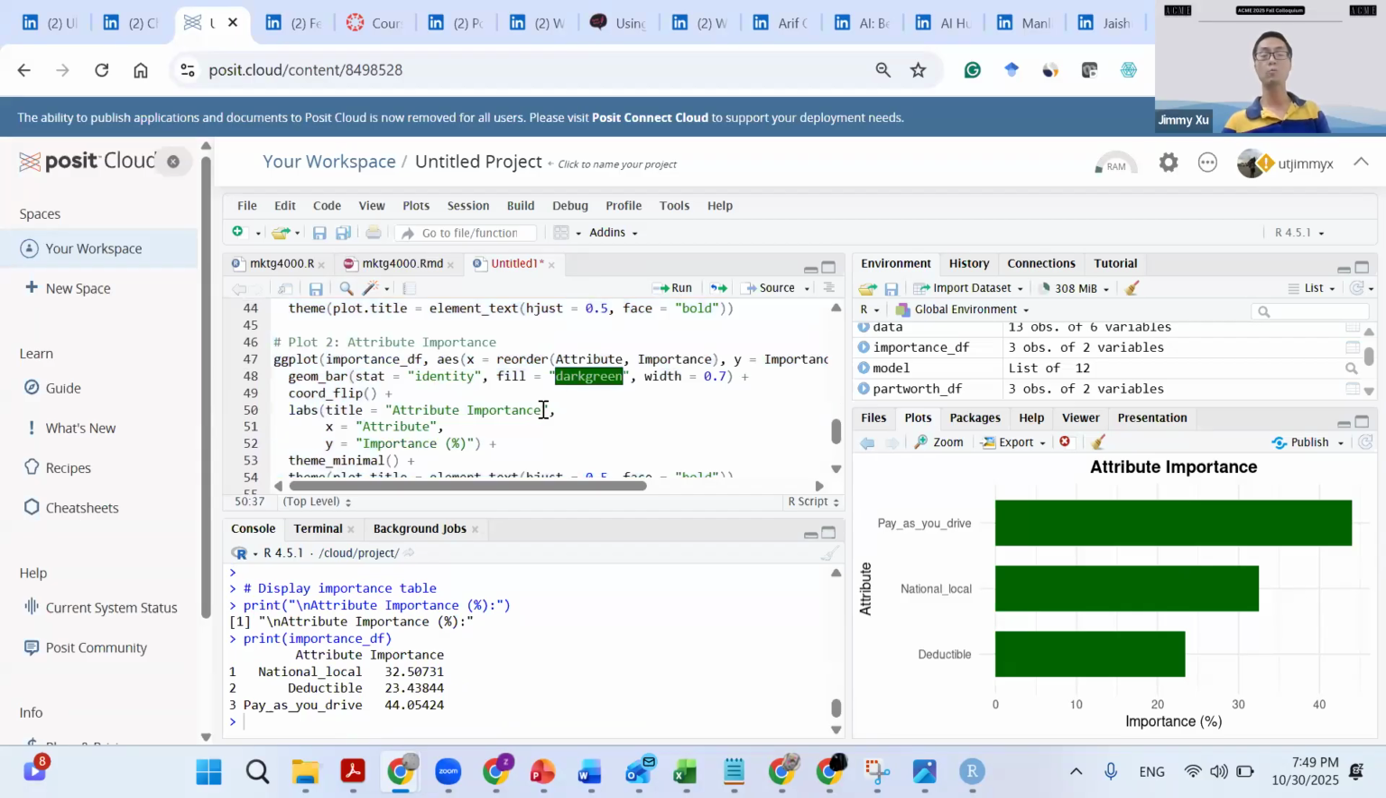Let's say attribute importance. Let's say you want to customize your graph. Take a look, you can add something in the title section. Usually you need to add a topic sentence here. Let's say, which factor is important. So people understand this graph is designed to help us see what factor is important,